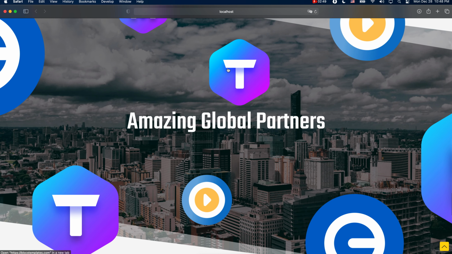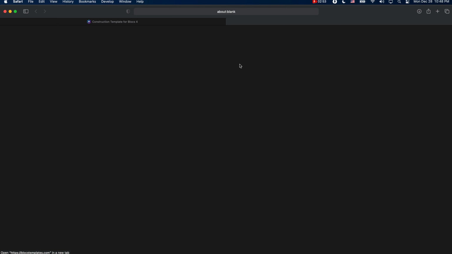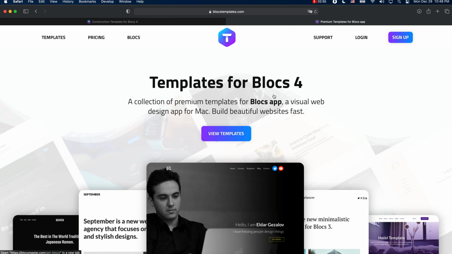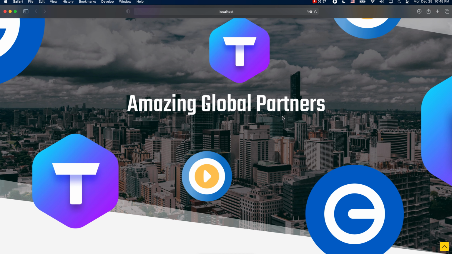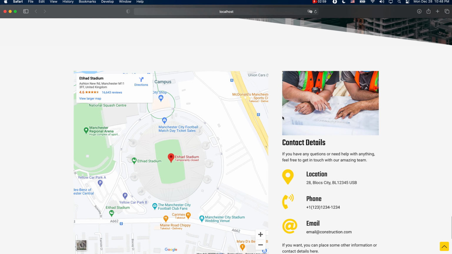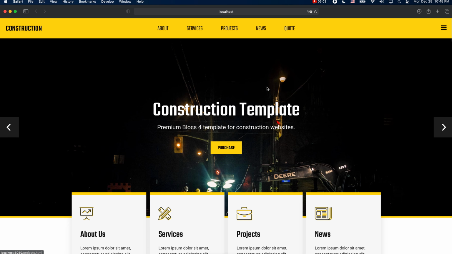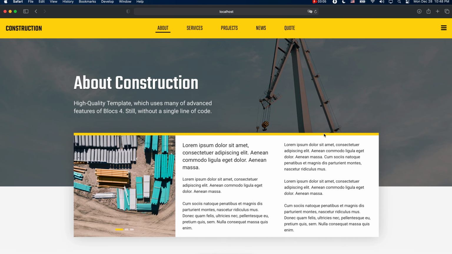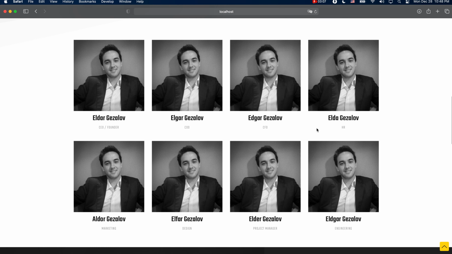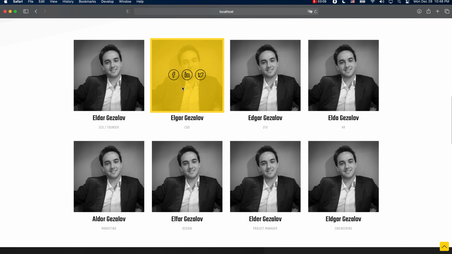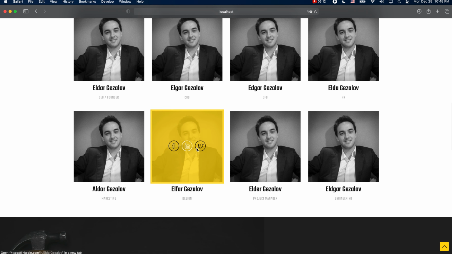That's very cool. And by the way, these are logos of the partners, and each of these images will bring you to the partner's company website. Very cool. And this is the landing page. It has about 8 pages. We have the about page, these cool hover effects, these social icons,